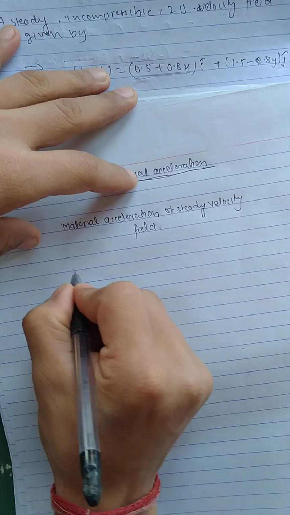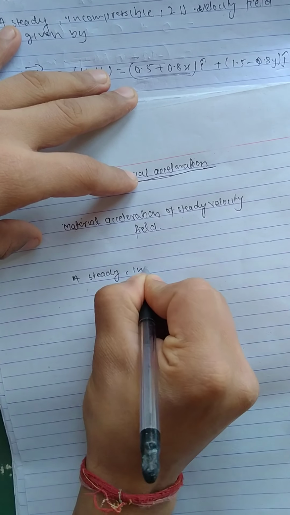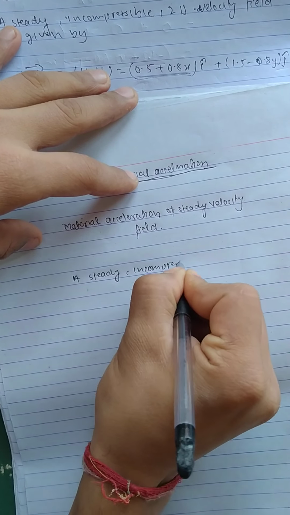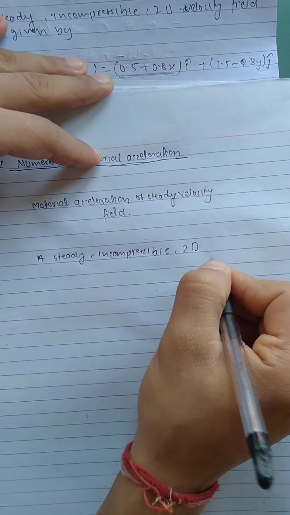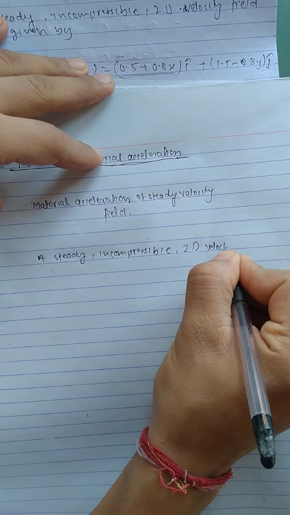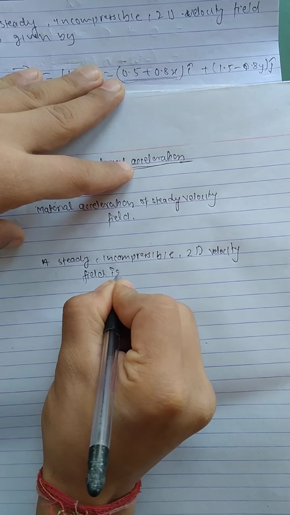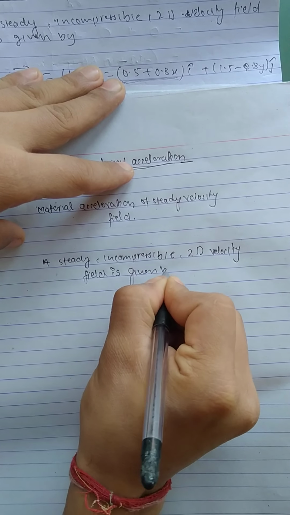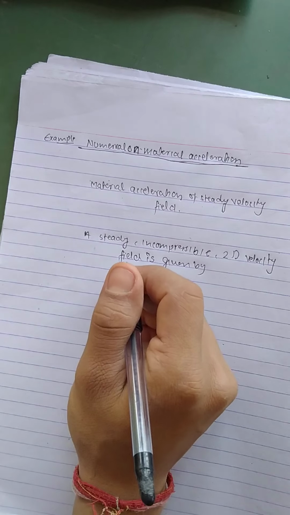Given that a steady incompressible two-dimensional velocity field is given by